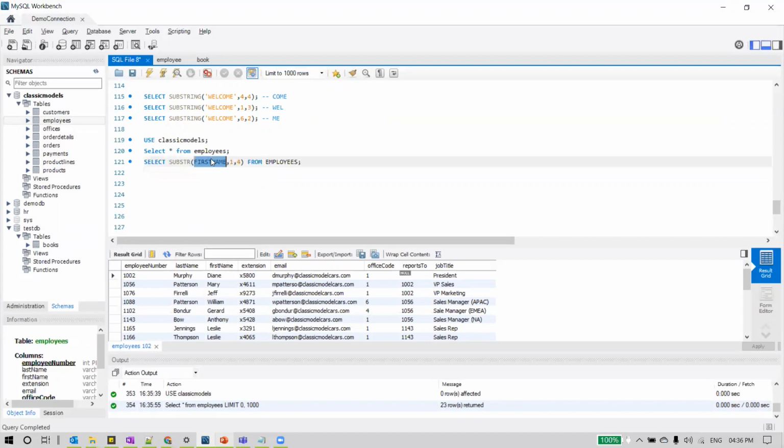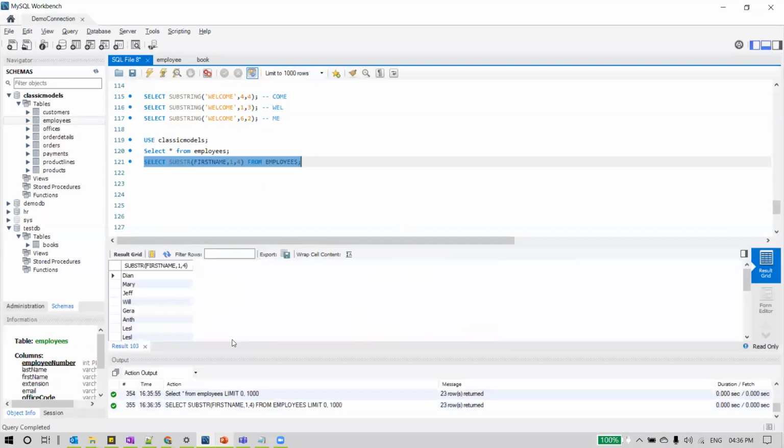Earlier we provided some text in single quotes. This time we are providing the column name of a specific table. From that table, I want to read, from the first character, 4 characters, is what we are seeing.